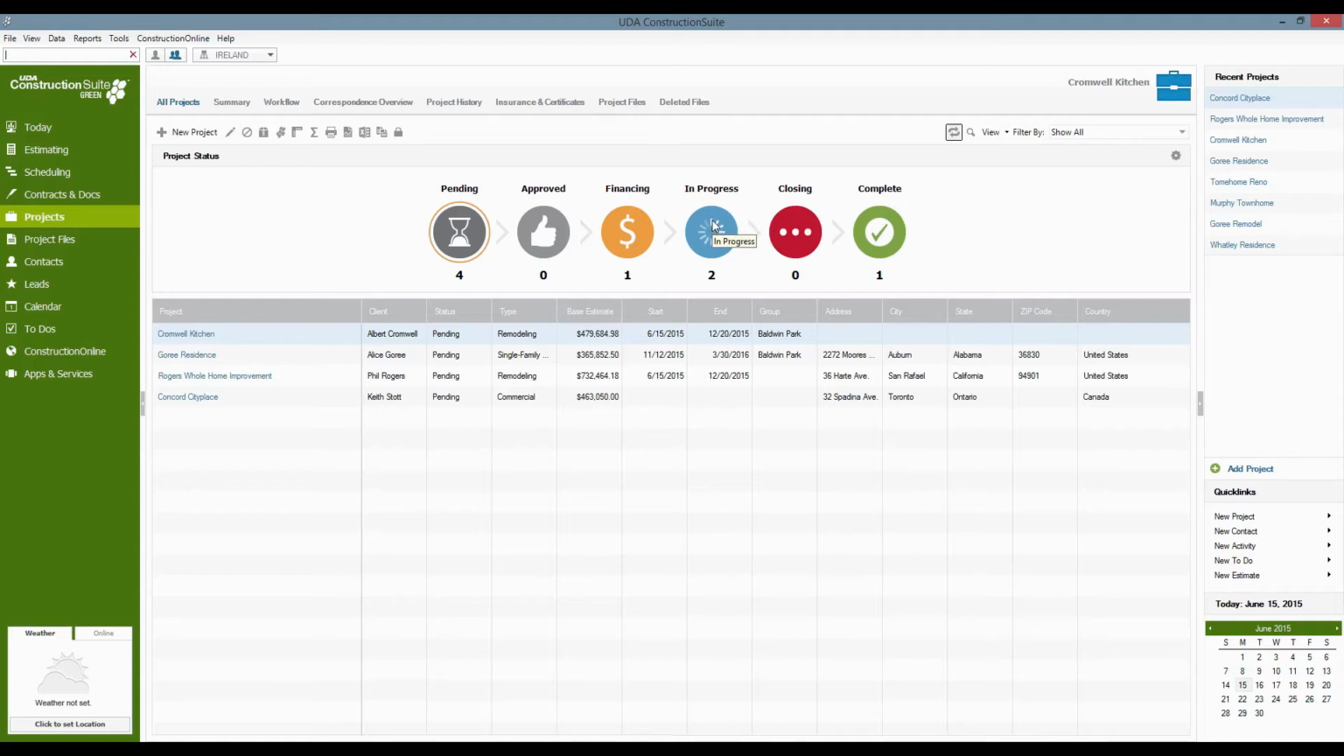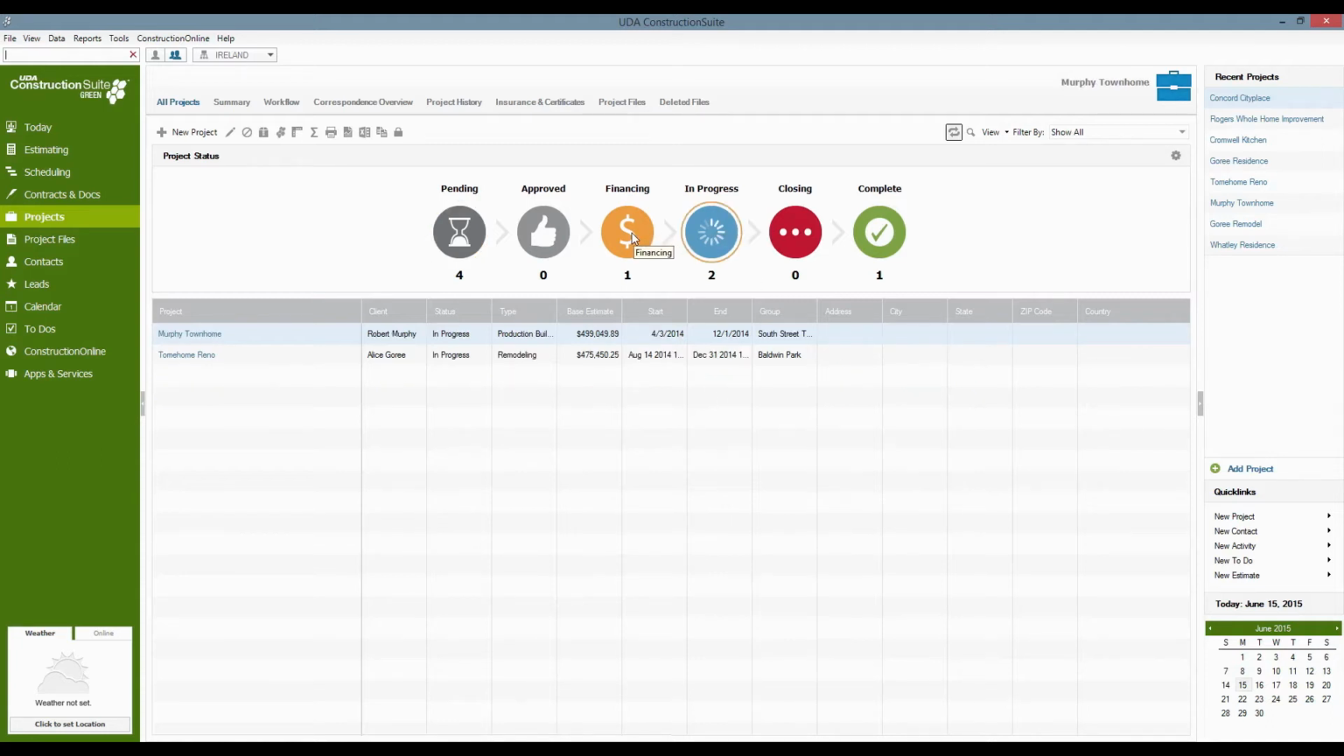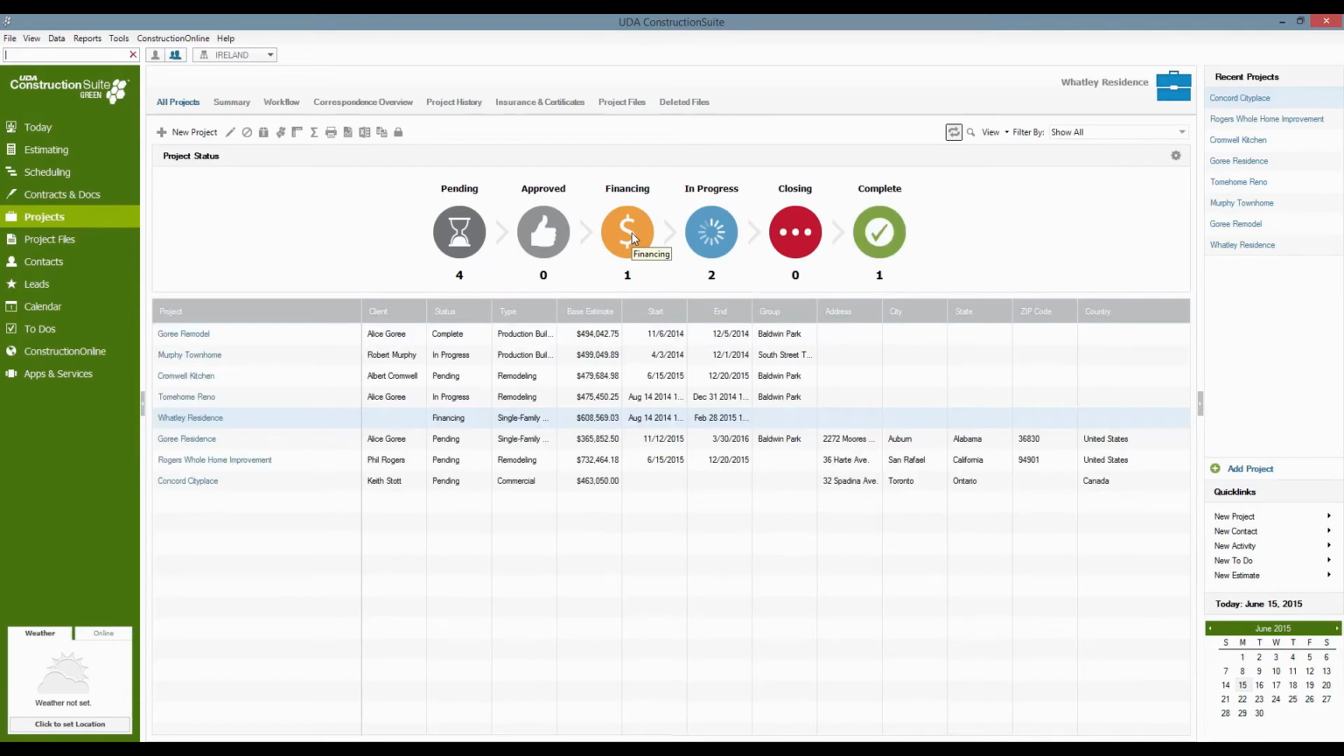Or we can take a look at the ones that we already have in progress, or those that are in the financing stage. We're just waiting on that startup to show up. Somebody's got the loan approved or something like that. And the details for the projects themselves are also available if you click into the project itself. So if we jump into one of these jobs,